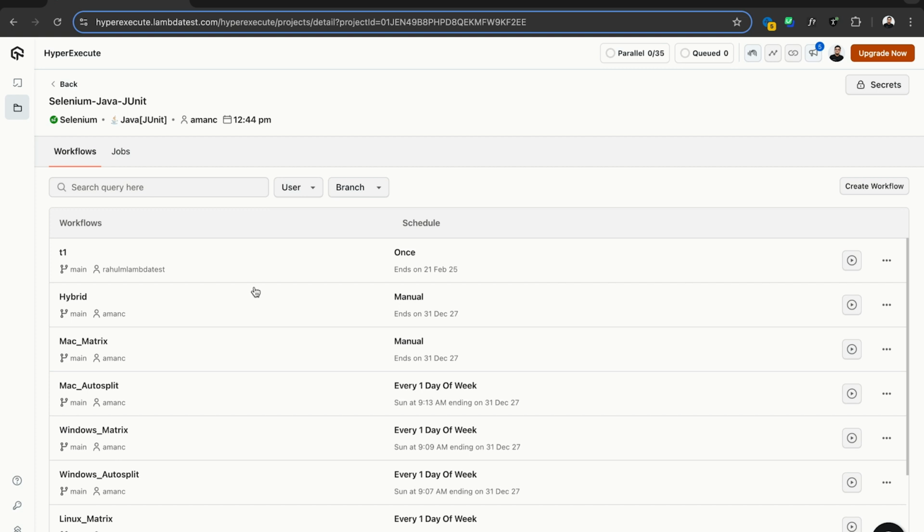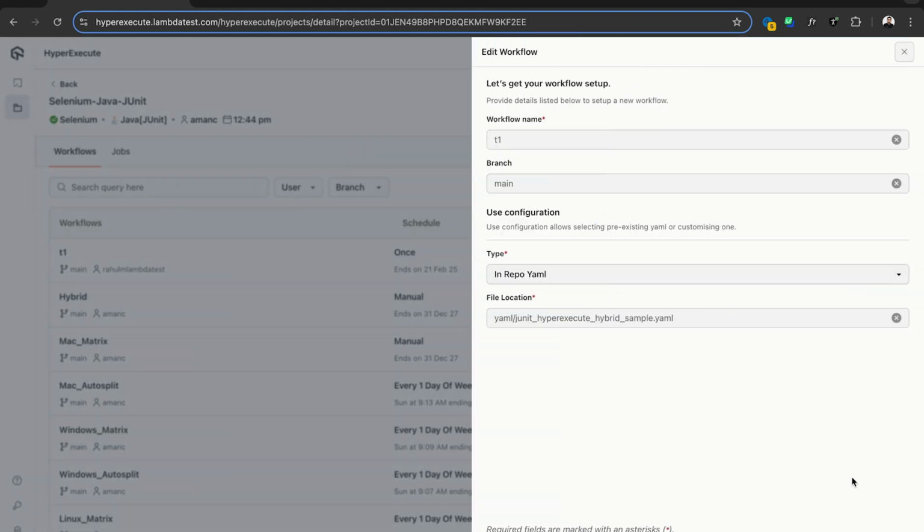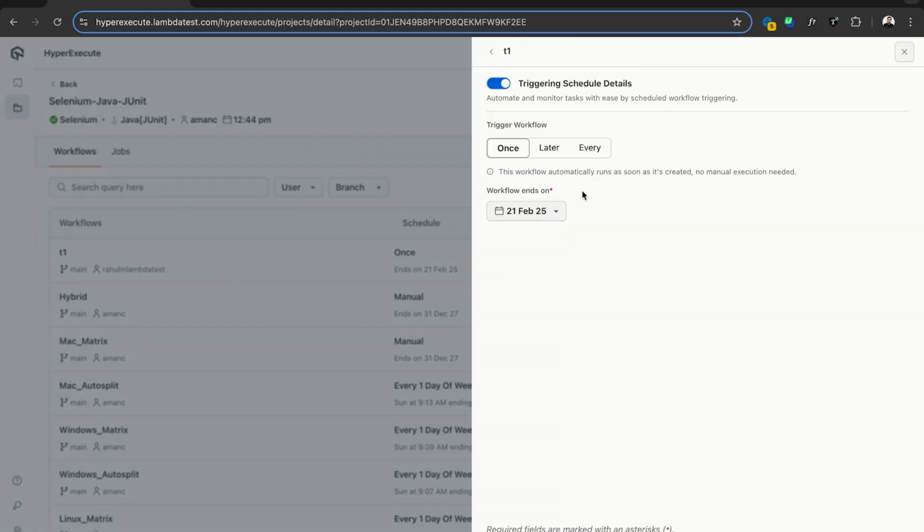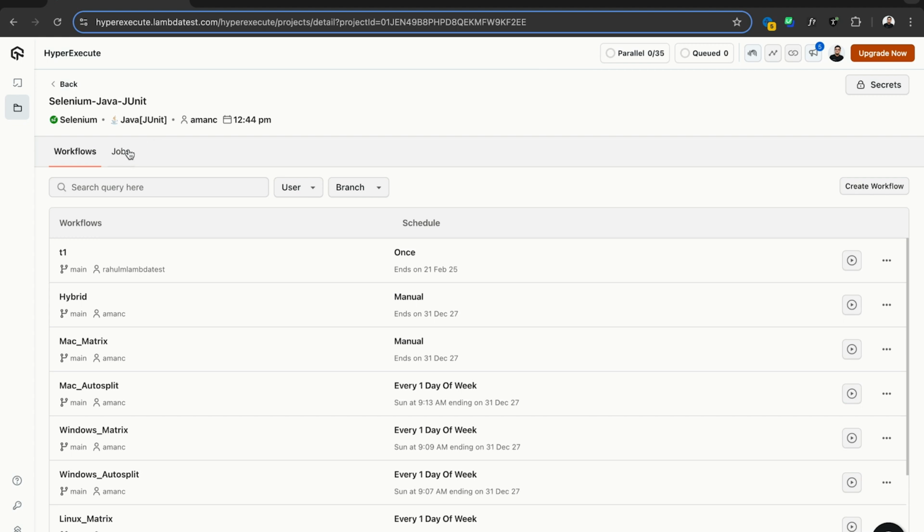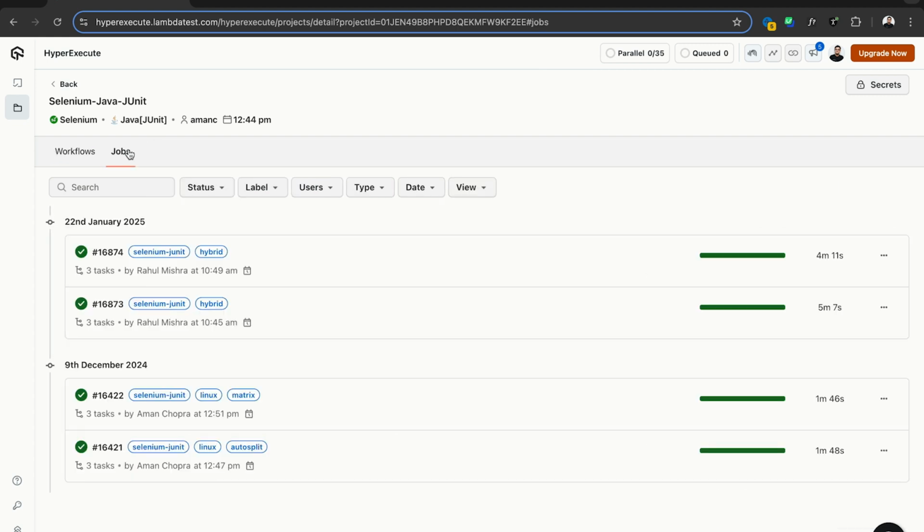you can create multiple workflows to run the test executions as per your need basis. You can also set up scheduled runs once, later in time, or as per periodic intervals that you require. All of your executions will be available grouped under the same project so that you can manage and analyze your